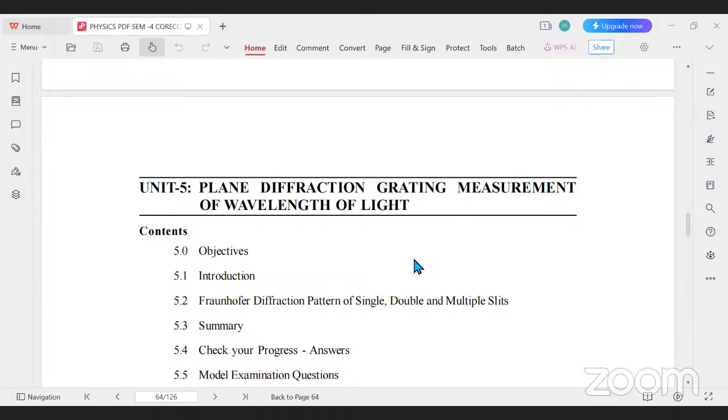Okay, so what is a grating slit? We need to know. Diffraction will be added with the grating. Whenever we are talking about the grating, without diffraction, there is no grating. So a diffraction grating is a large collection of evenly spaced parallel slits that produces an interference pattern similar to but sharper than that of a double slit.